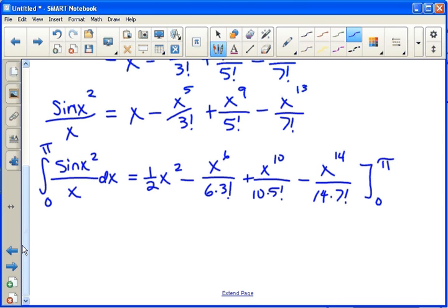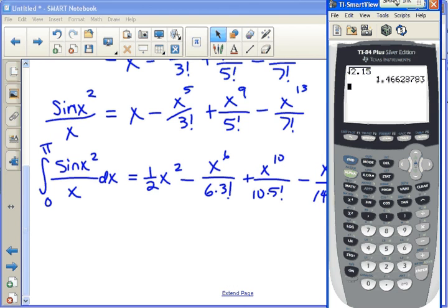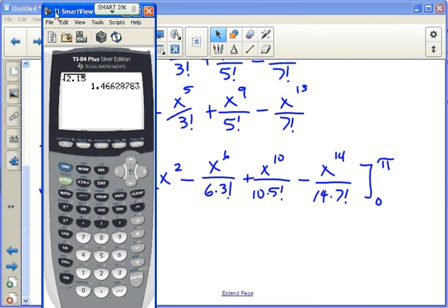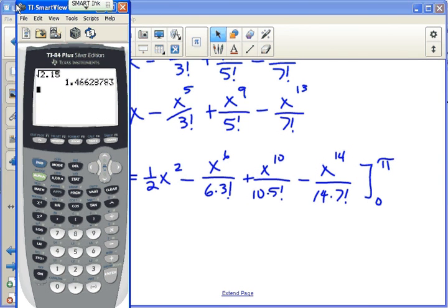So 1/2 times pi squared is the first term, minus pi to the 6th divided by parentheses 6 times 3 factorial plus pi to the 10th over 10 times 5 factorial